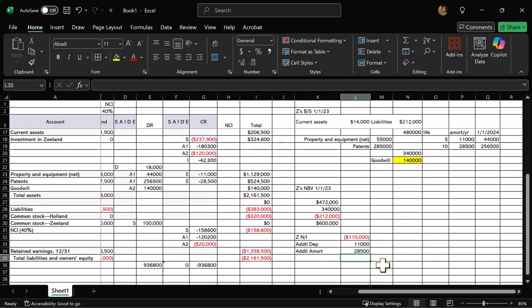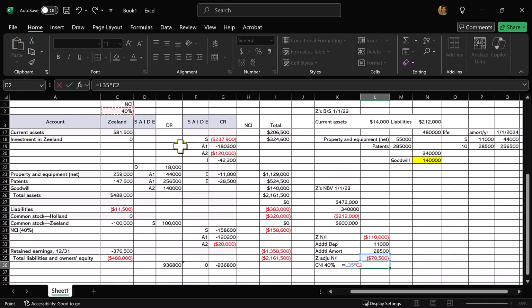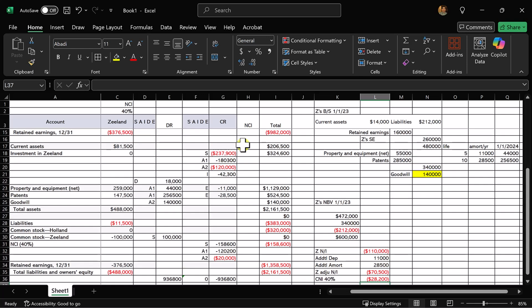So if I total these three numbers, this is the subsidiary's adjusted net income, of which I take the non-controlling interest 40%. So I take that and multiply it by my 40% here. So this is the amount of net income of the consolidated group I'm going to allocate to